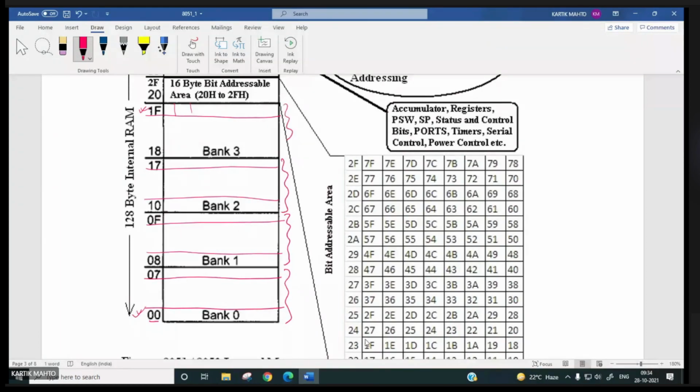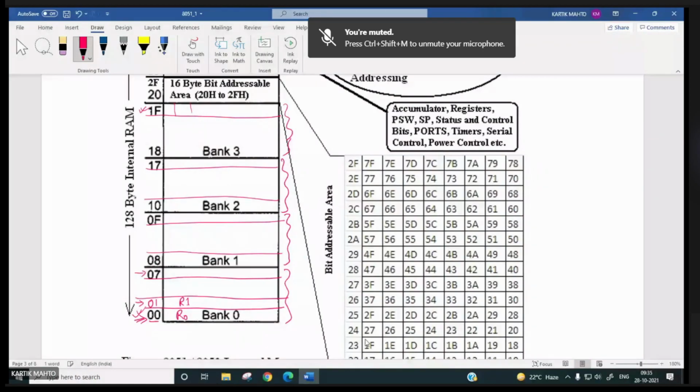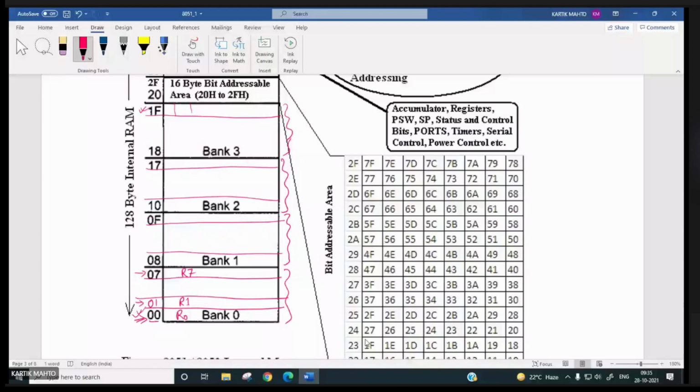The register which has address 00 is called R0. The register having address 01 is called R1. Similarly, the register having address 07 will be called R7. So this is related to bank 0. Eight registers are here, and you can operate them very easily simply by writing MOV A, R0.